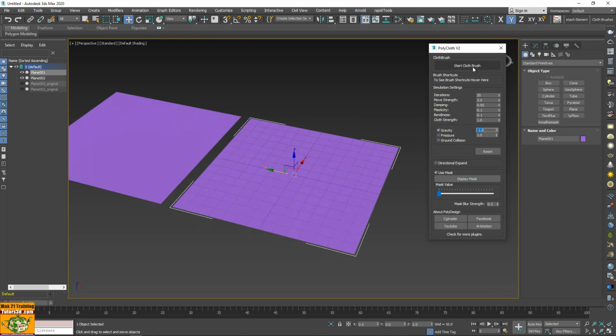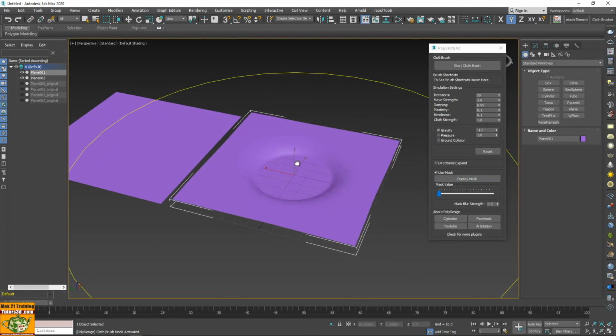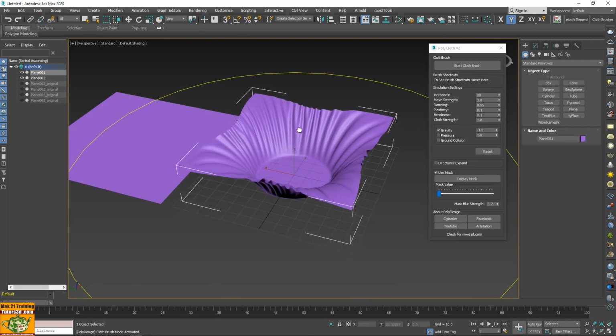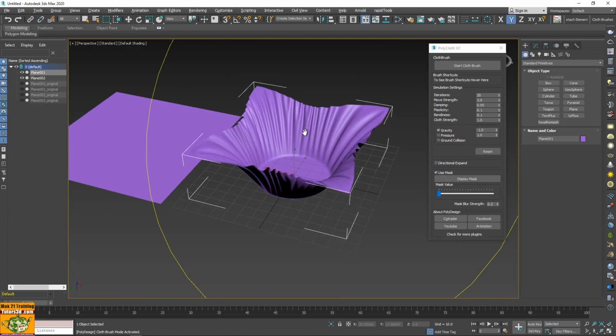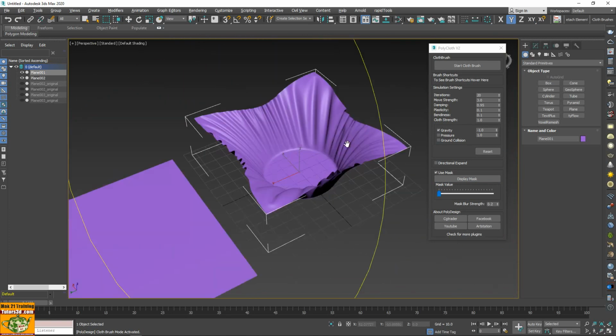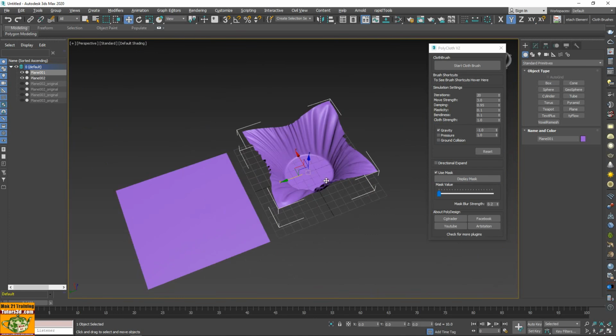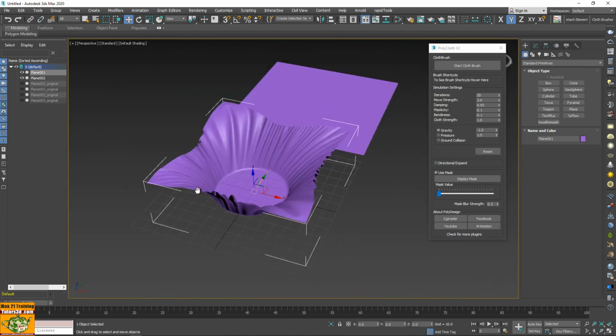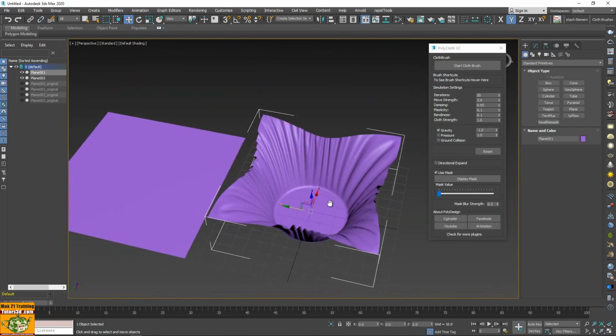And from the start, a nice big brush. I click and pull upwards. This is our gravity. And so we created this object very simply, with a mask and moving the brush upwards.